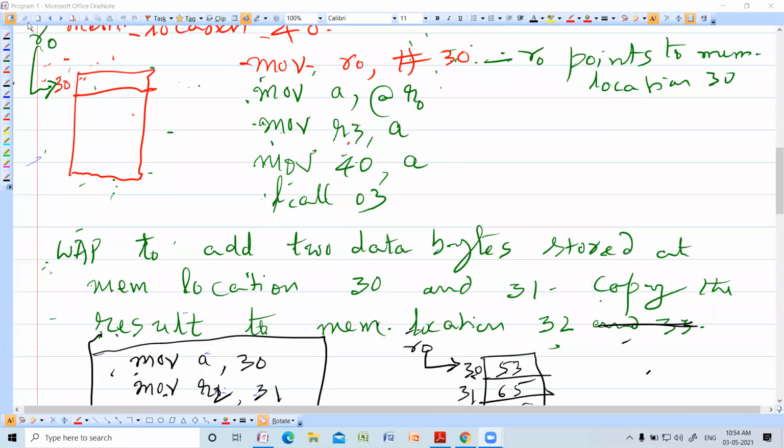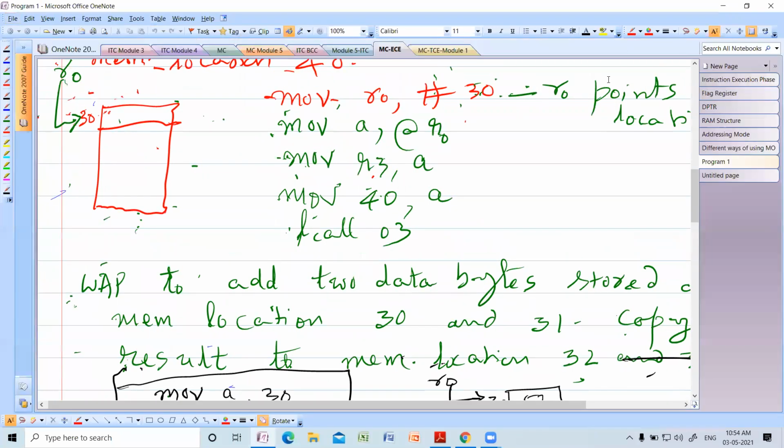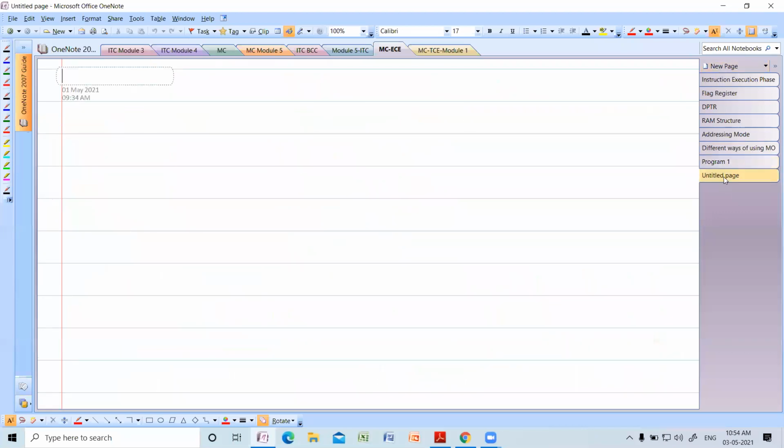So now let us go to the next program. Programming concept. Next programming concept is looping.